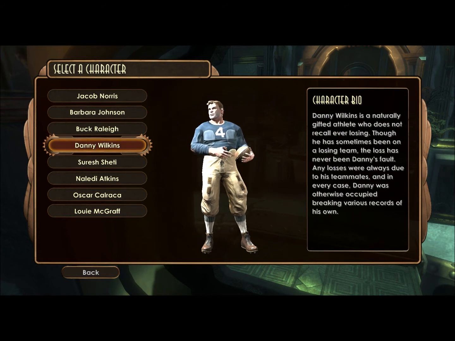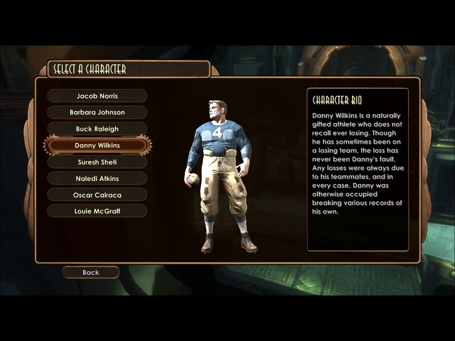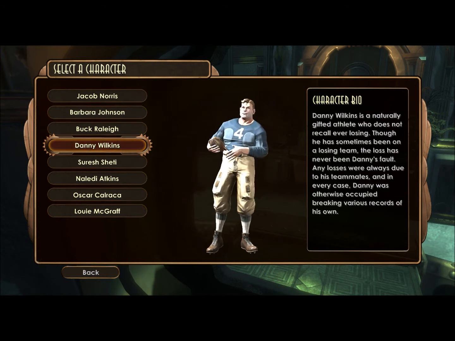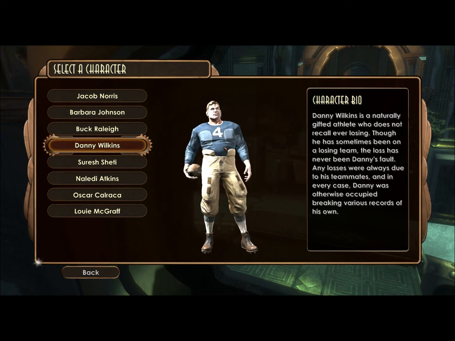Danny Wilkins. Danny Wilkins is a naturally gifted athlete who does not recall ever losing. Though he has sometimes been on a losing team, the loss has never been Danny's fault. Any losses were always due to his teammates, and in every case, Danny was otherwise occupied, breaking various records of